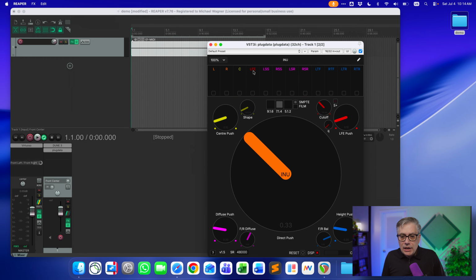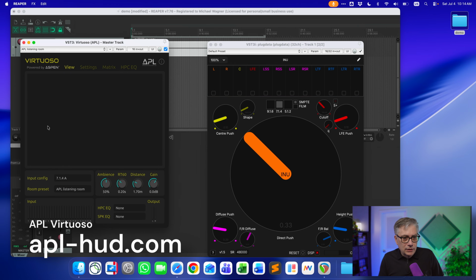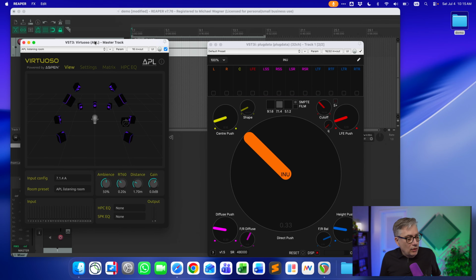I'm going to use Sam Hawking's Eno plugin for that purpose. One of the best upmixers, unfortunately currently not available, but we will see. Maybe in the future there will be a second version. And then I'm going to use Virtuoso in order to bring that back into binaural so that you guys can hear something on YouTube. Now, before we do anything, let's have a brief listen what we have here.